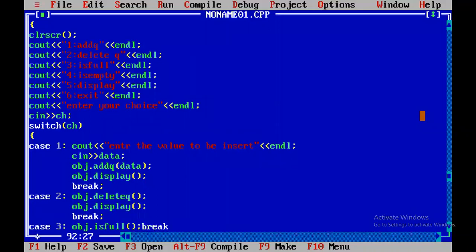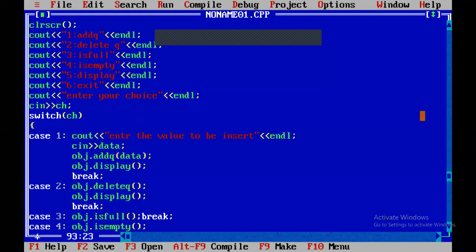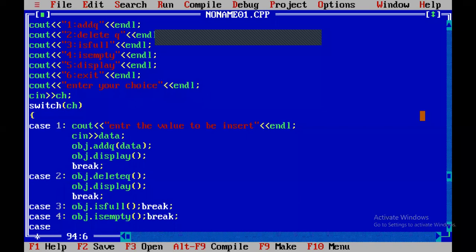Break. Case 4. Object dot is empty. Case 5. Object dot display. Right.